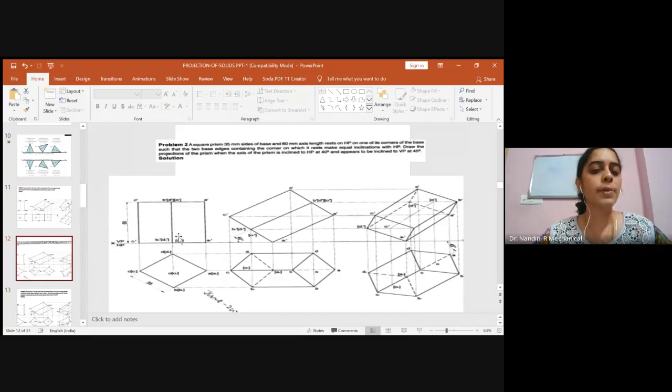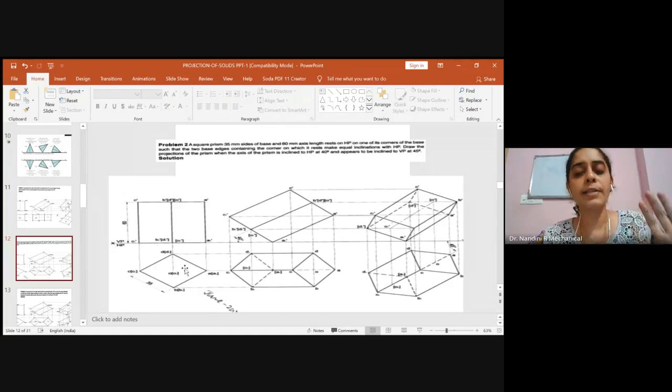Since it is not visible, we are not showing the axis line here. Remember, we are showing the continuous line. So darken it, do the naming, show the dimensions and do the naming immediately. So this completes our first stage. After this, what are we doing? The first assumption is over, where we assume the axis to be perpendicular to HP. Along with that, the given situation where it is resting on one of its corner on HP is also satisfied.